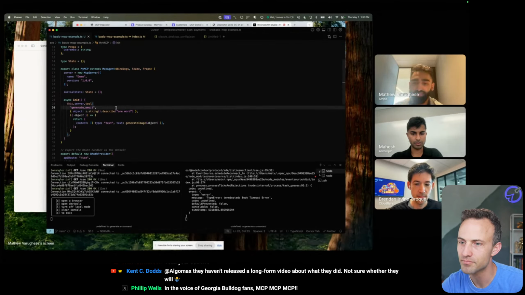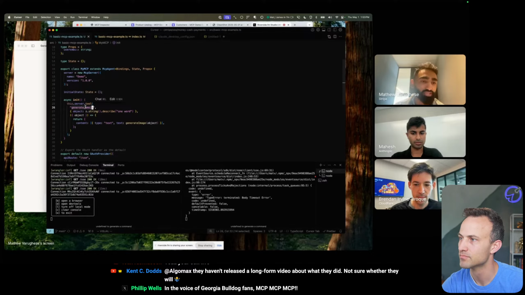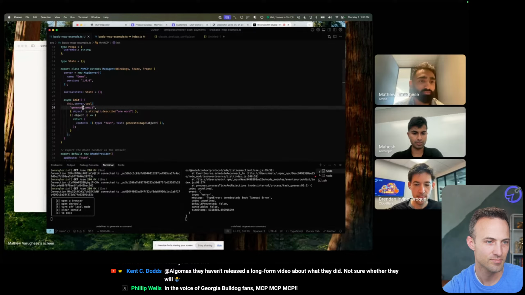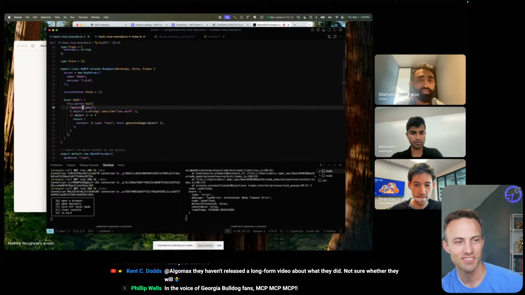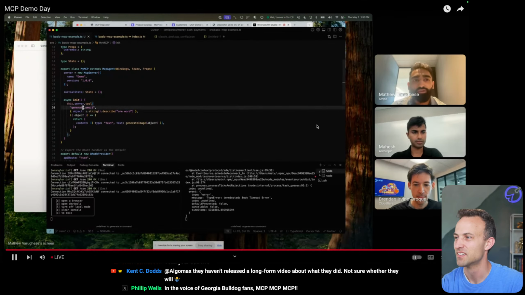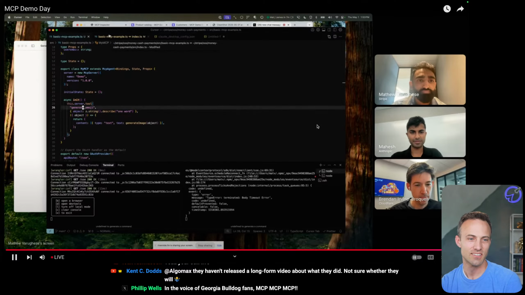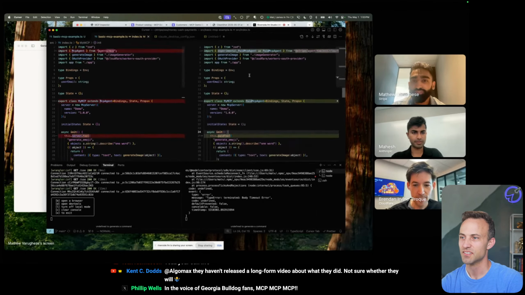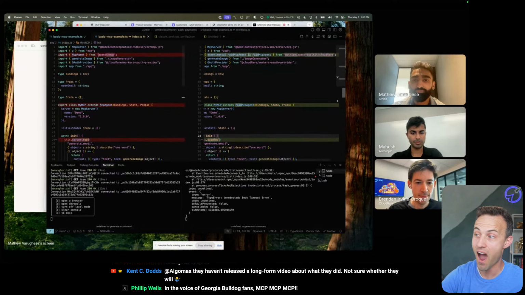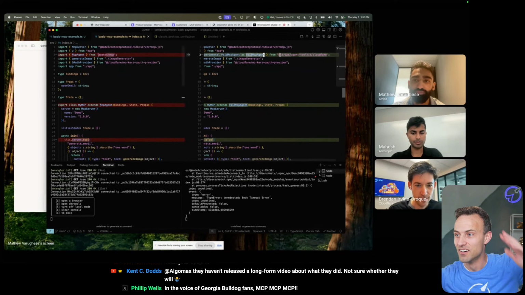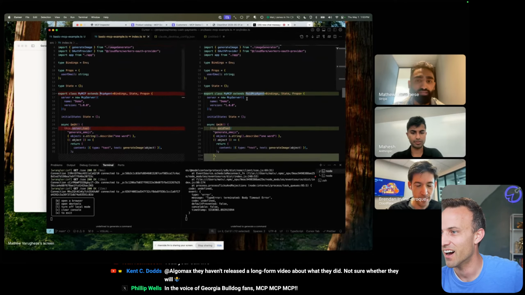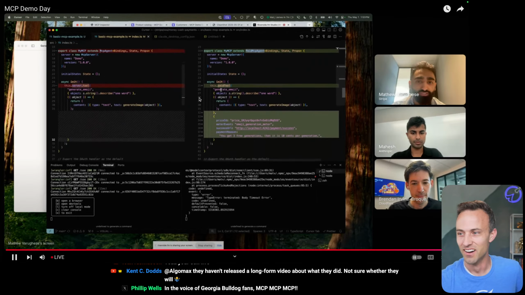But in real world cases, oftentimes you might want to charge for users to actually use this tool, like if this was generating images. So how can you do that? Well, with just a couple lines of code, you could import this paid MCP agent from Stripe's agent toolkit here, and then you can just